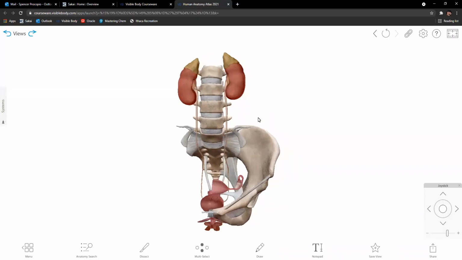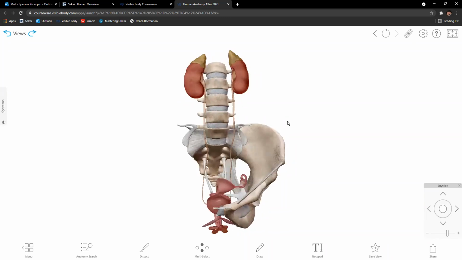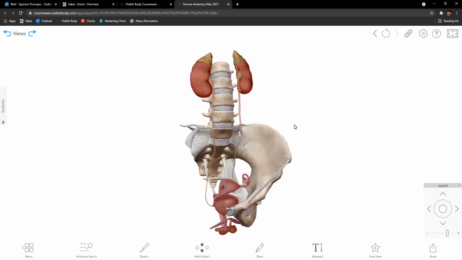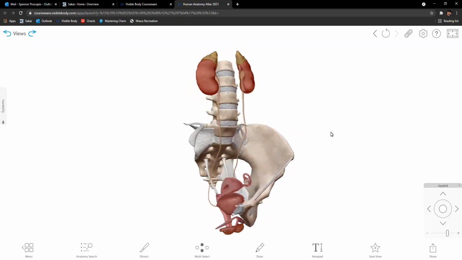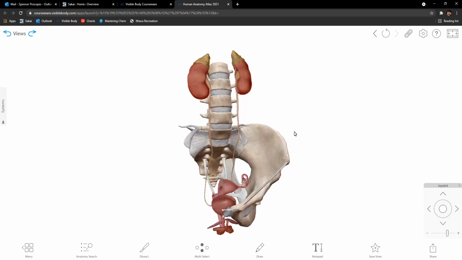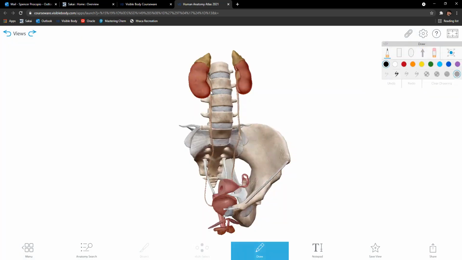Today we're going to be looking at the urogenital anatomy for the male and female. First, we're going to look at the urinary anatomy for the female. And again, like many of our other videos, this is going to be a quiz style video, so I'll point out some structures. You can pause the video, name the structure, and then we'll come back and go through them all together. So starting with the urinary anatomy, we're going to start with this structure right here,